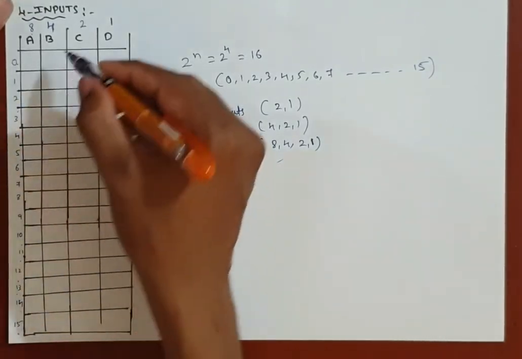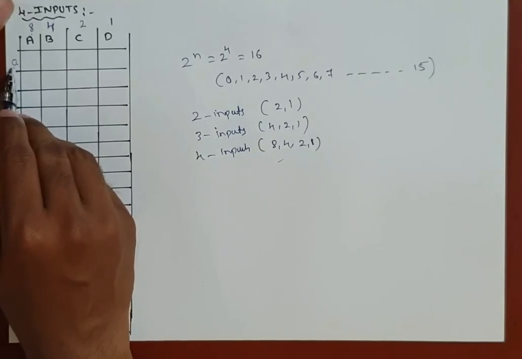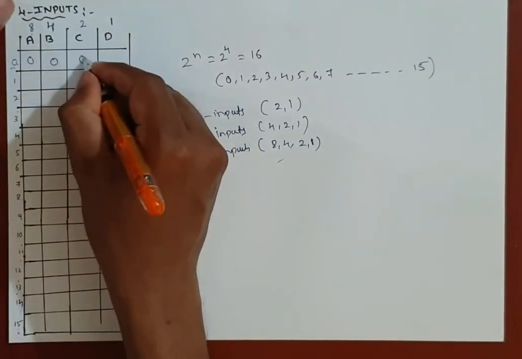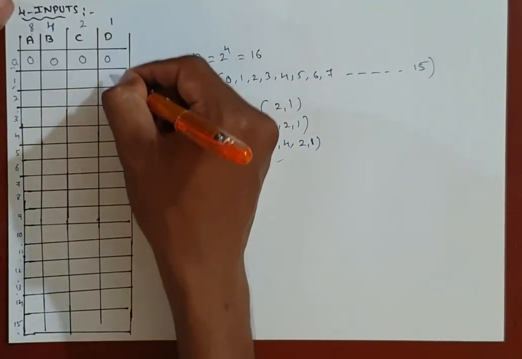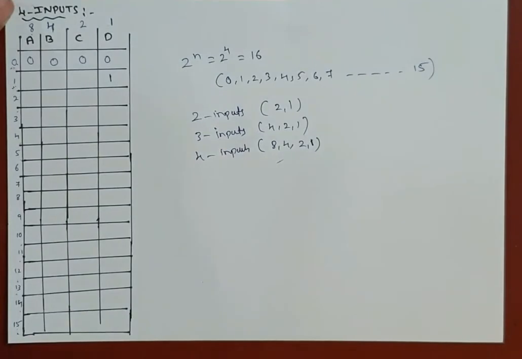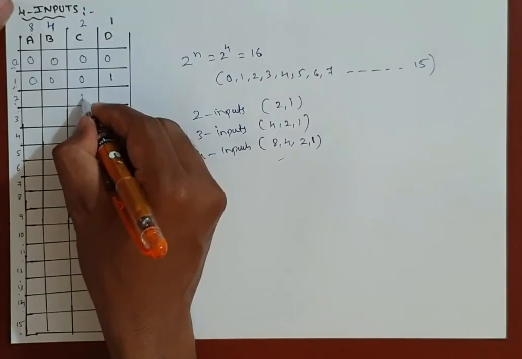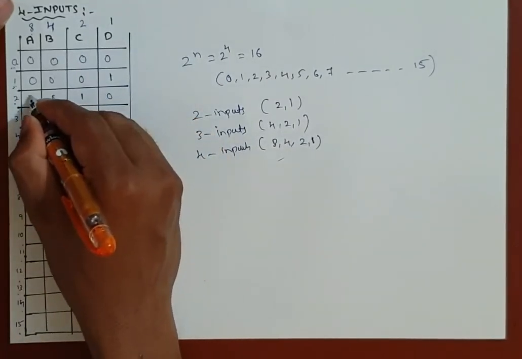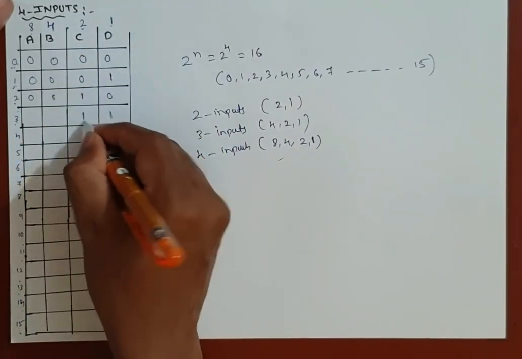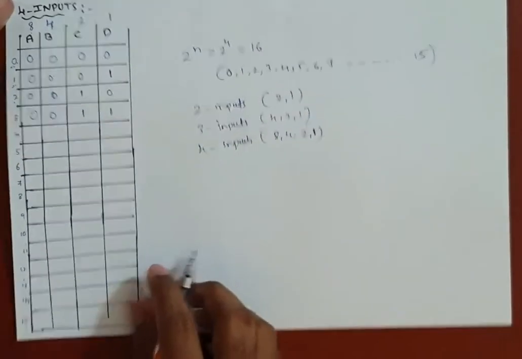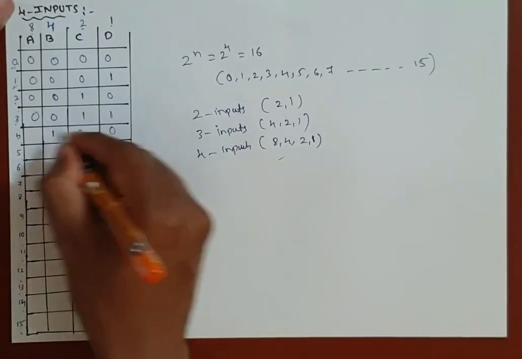Okay, now we will fill this tabular column. Here the first entry is 0. Because of that reason, I will replace 0 in all the columns. Next entry is 1 here. So 1 is present in D column, so replace 1 over here, and the remaining entries should be 0. Next we require 2. 2 is present here, and the remaining entries should be 0. Next we require 3. 2 plus 1 is 3. So place 1 in both the columns, and the remaining entries are 0. Next we require 4 here. So 4 is present in B column, so replace over here, the remaining entries are 0.